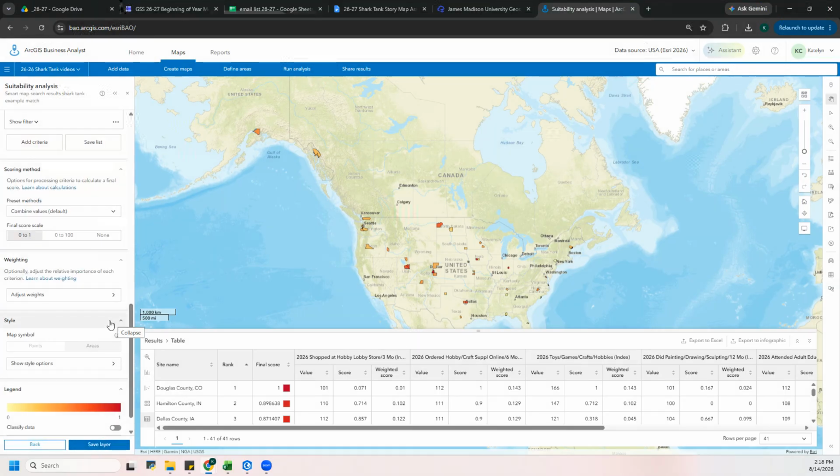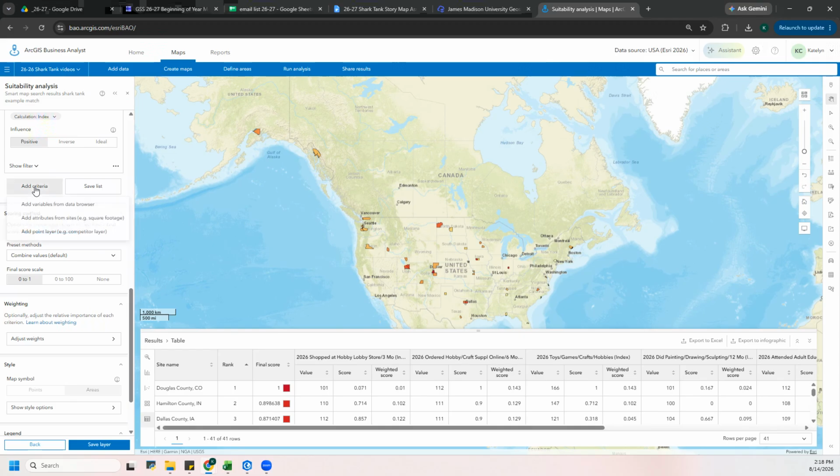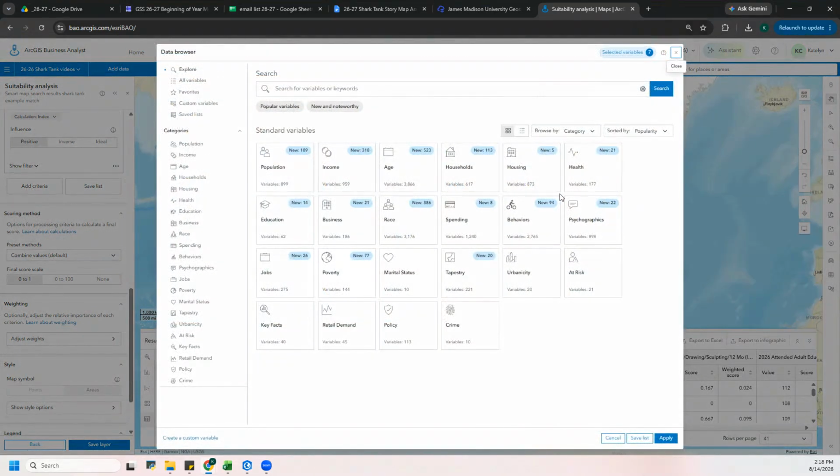I would like you to add one last variable. We've been looking at indexes, but we have not considered population at all. So if, for example, this county doesn't have many people, it might not be the best county for me. So I am going to add criteria, variables from data browser, click on population,